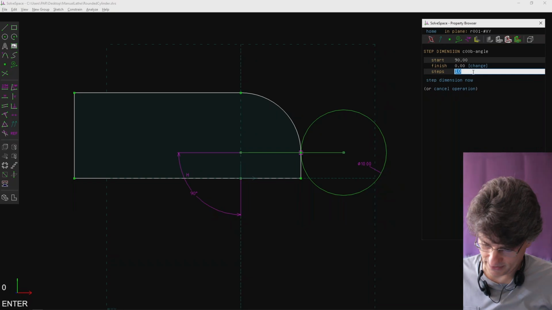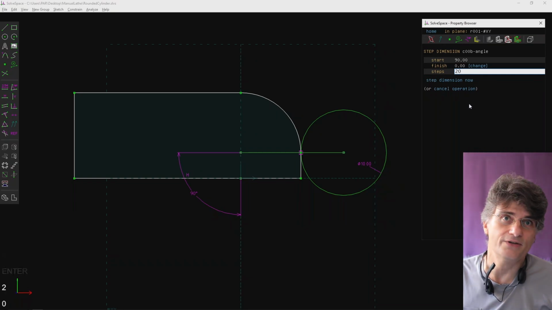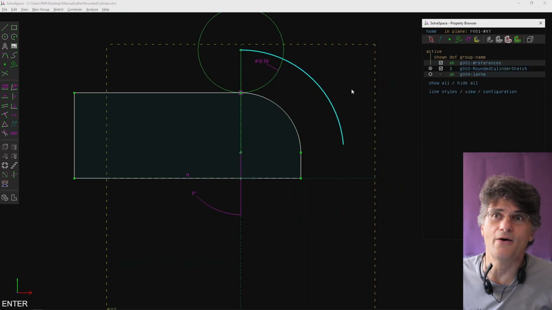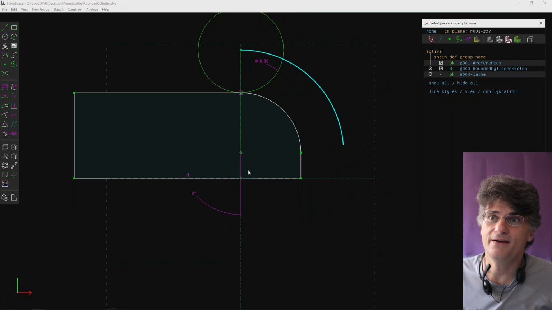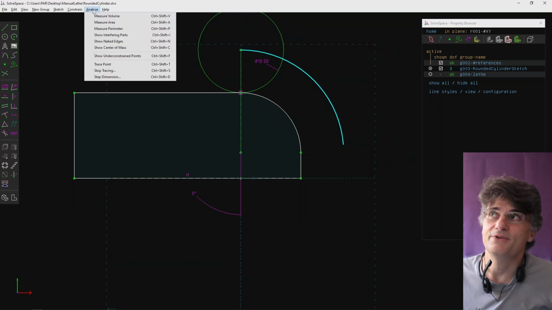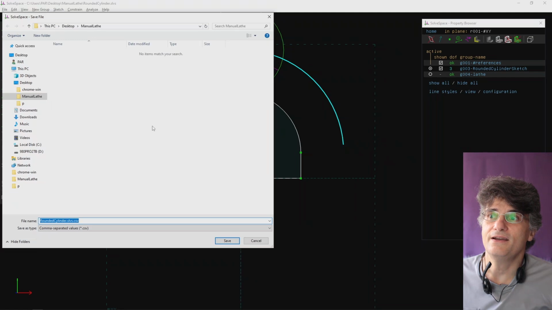How many steps do I want? 20, for example. You can make them as many as you want. And step dimension now. You saw what happened? It automatically animated the angle from 90 to 0 degrees, and the point traced a path with very regular steps, 20 steps between 0 and 90 degrees. And then now if I say stop tracing and I save this as a CSV file,